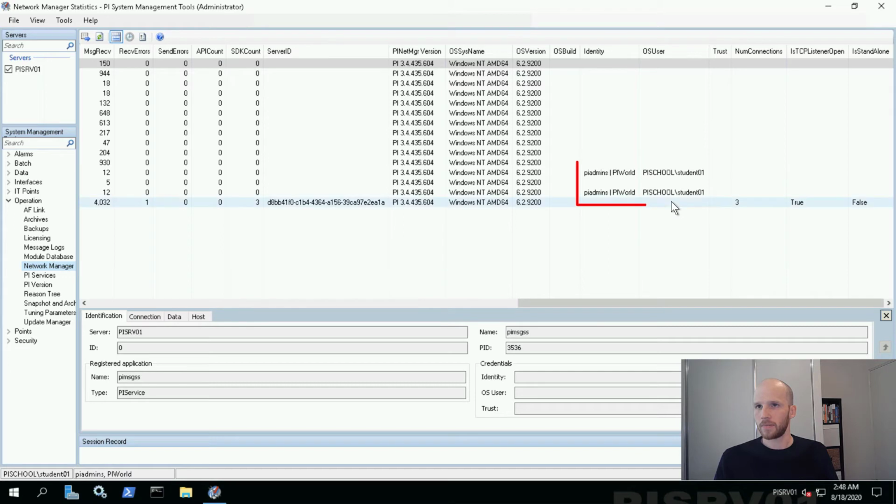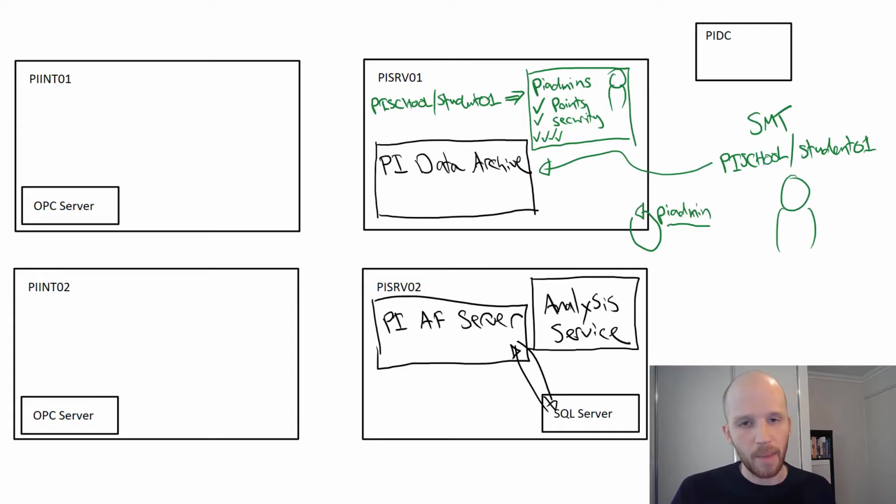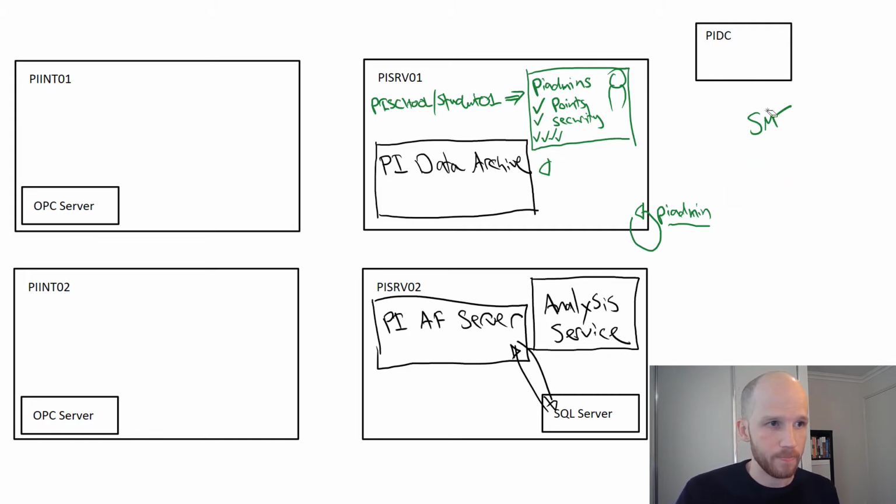Now we're getting in without a trust from our user account to PyAdmins. And we also get the PyWorld identity as well. Every authenticated user also gets the PyWorld identity, so you can control security for essentially everyone if you want. So we've just configured a mapping to the PyAdmins identity for our administrator.